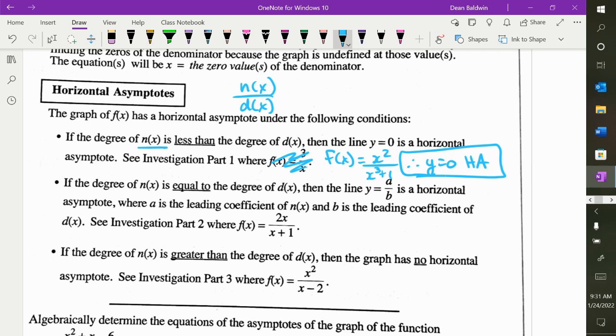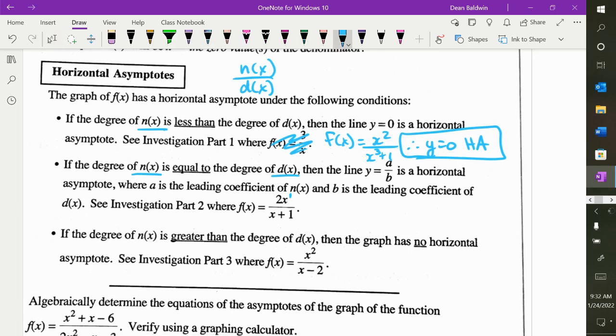Because if you take calculus, you'll find out that the definition of a horizontal asymptote is what the graph does as x goes to infinity. When x gets really, really big, what is the graph getting close to? Okay, but that's calculus. So you just have to remember, if the bottom has a higher degree than the top, it's 0. If they are the same, if the degrees of the numerator and the denominator are equal,